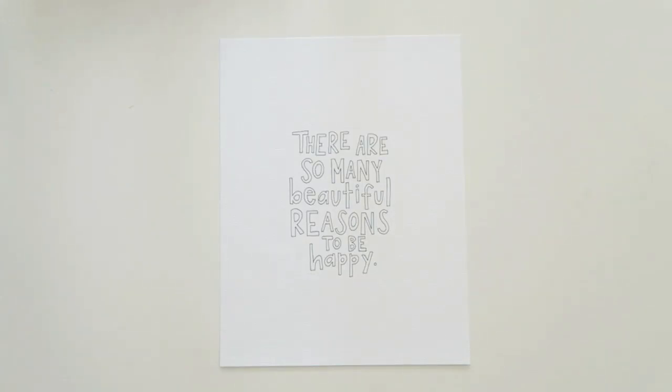Hello friends! Have you noticed the whole adult coloring book craze? It seems to be everywhere and it encourages us grown-ups to get creative with color. There's a calming and meditative effect, and I'm all about a fun activity that helps in stress relief and encouraging